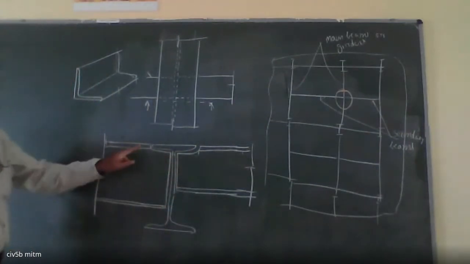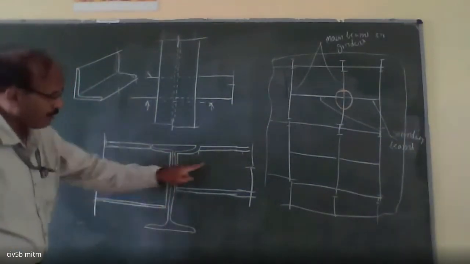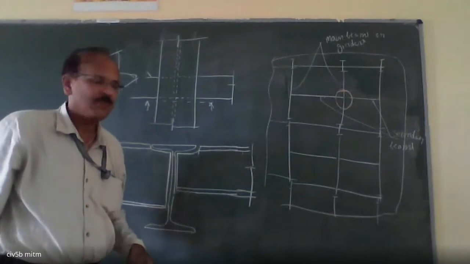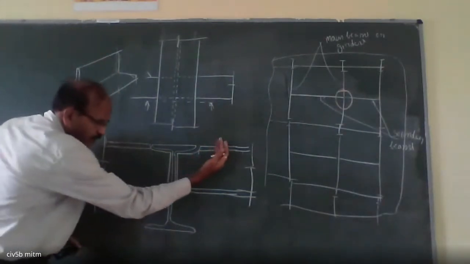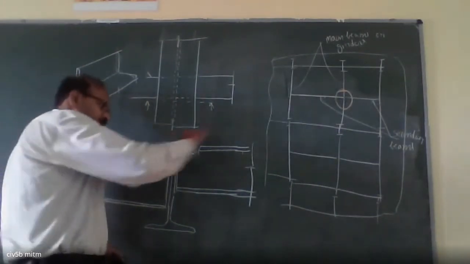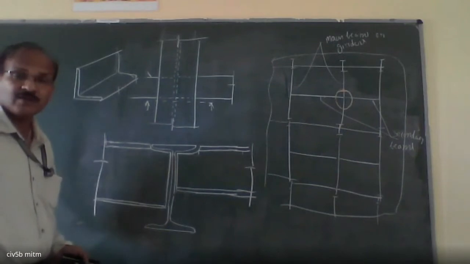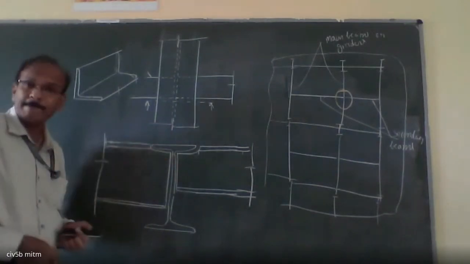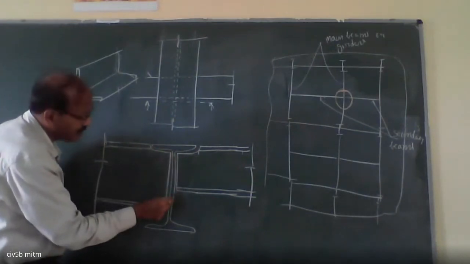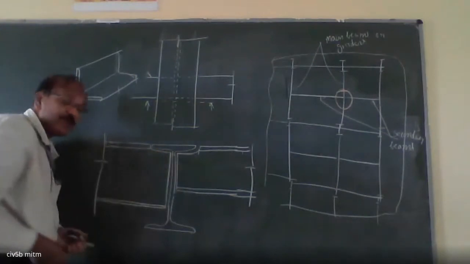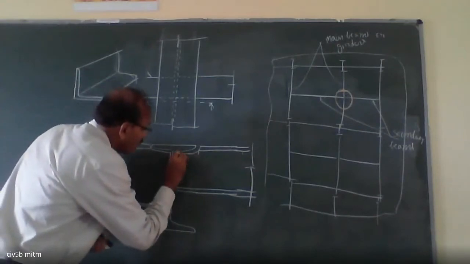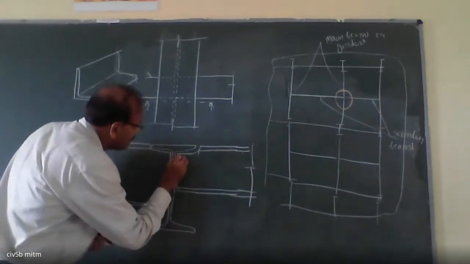See, a part of the top flange of this beam, a part of the top flange of this beam has been cut. Then only we can move this inside. Now, again, the beams are at the same level, so it will be easy for us to provide flooring. Now, we can connect the web of the main beam, that is the main girder, with the webs of the secondary girder using angles. So, provide the required angles like this.